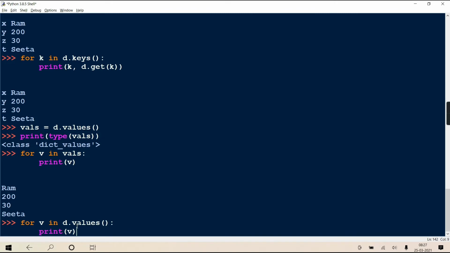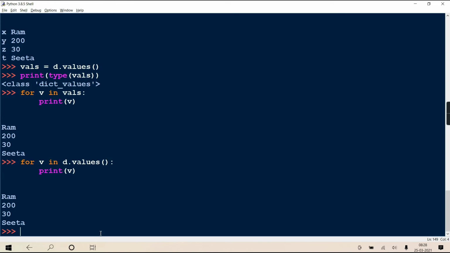Why? Because d dot values is going to return one iterable object of the class dict values, and dict values is an iterable object, therefore we can use it in a for loop. Clear? I hope it is clear.